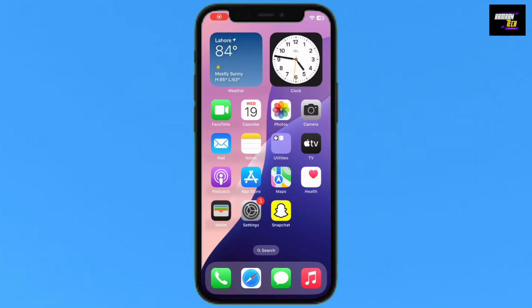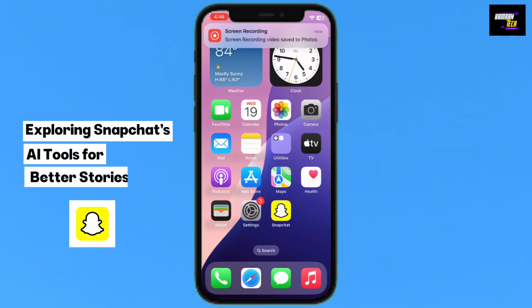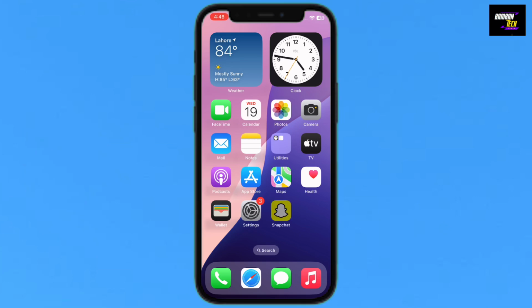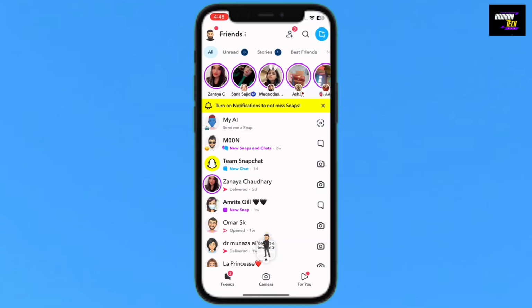Hello everyone, today I'm going to show you how to explore Snapchat AI tools for better stories. So I will just tap on my Snapchat, and make sure you download the latest version